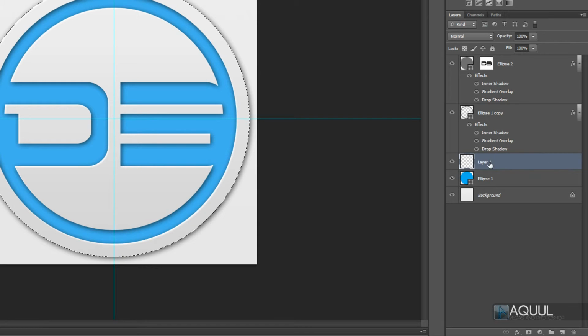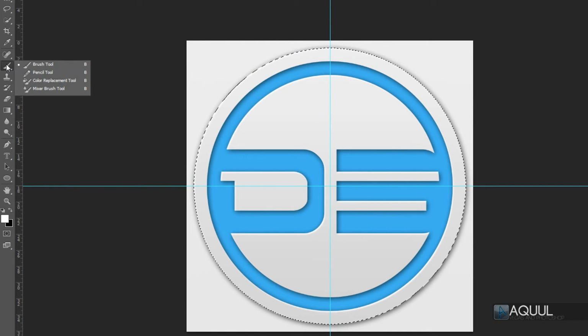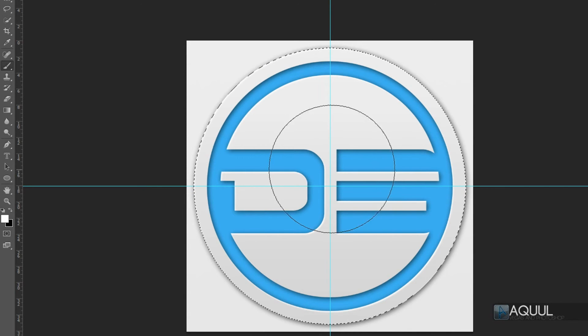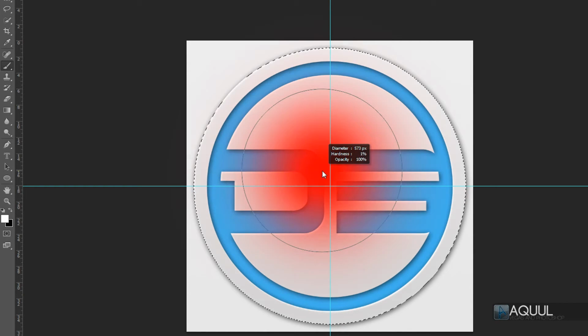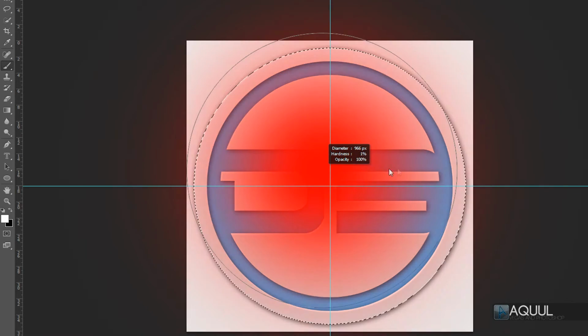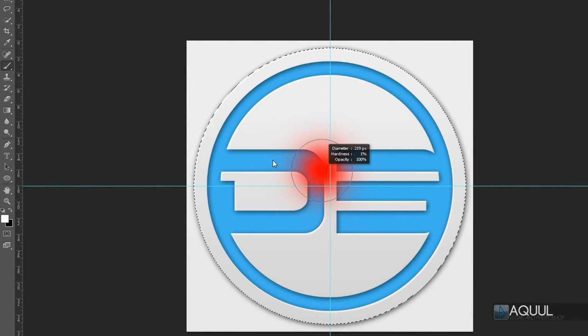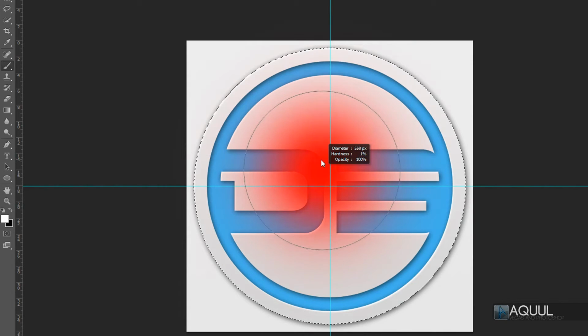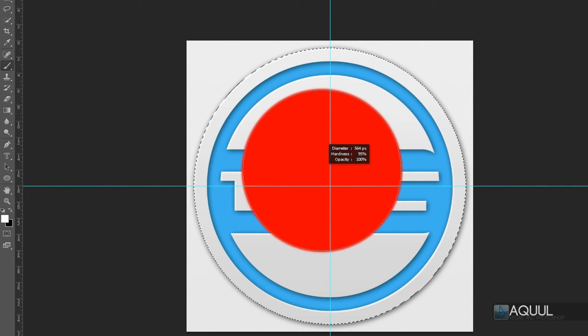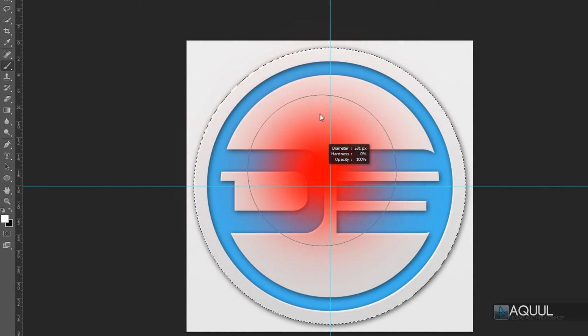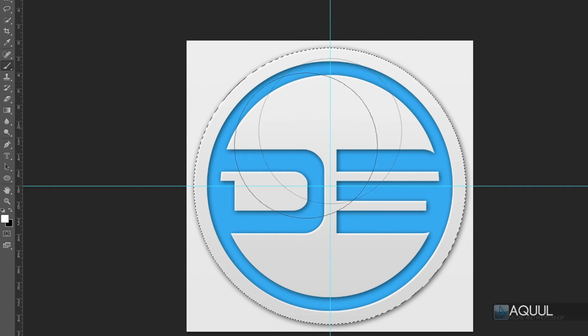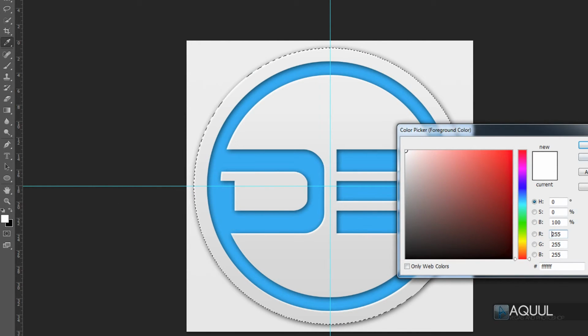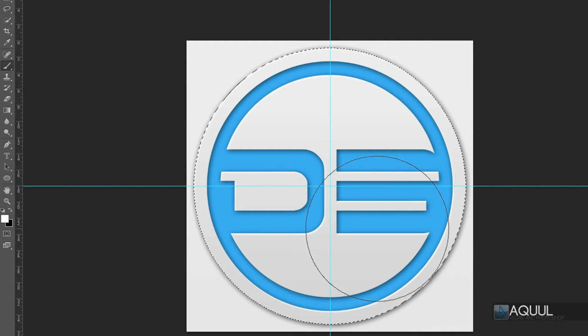Now we're going to use the brush tool to make this highlight. So if I choose the brush tool, and then in the canvas, if I hold down Alt and then use my right click button on my mouse, and then I drag this horizontally, you'll see that we can change the size. And if you do it vertically, you'll see that we can change the hardness of the brush. So if I make this about half the size of the shape, and you just want to make sure that you have your white set as your foreground color,